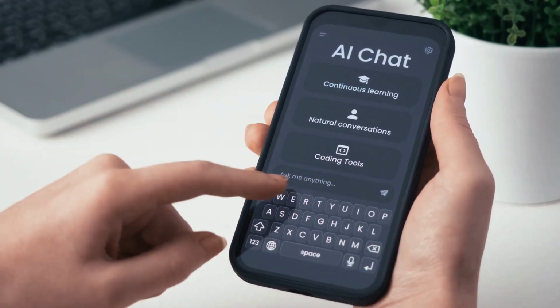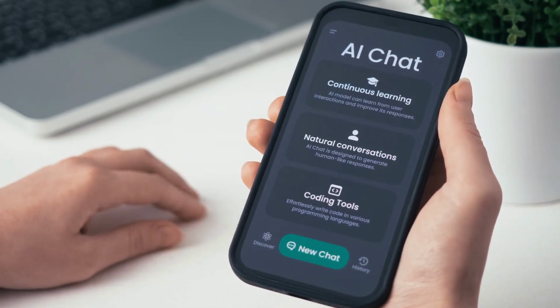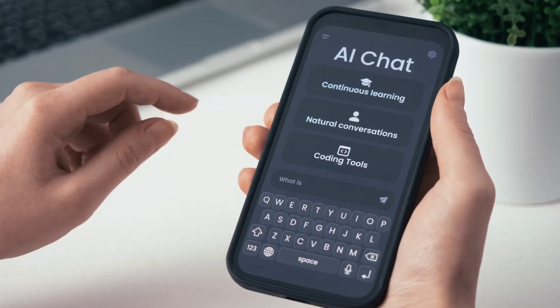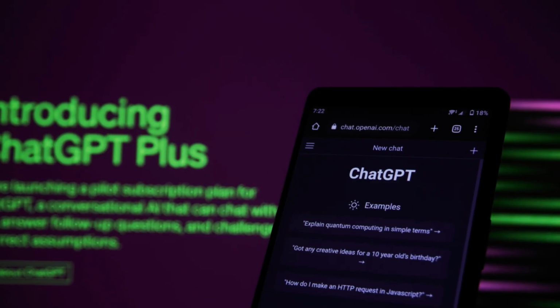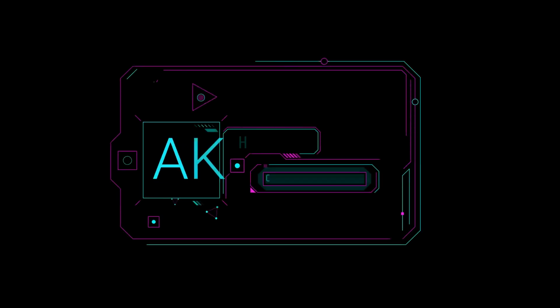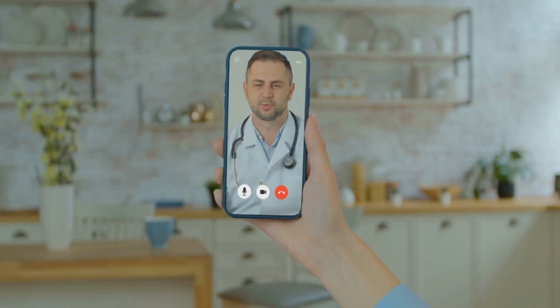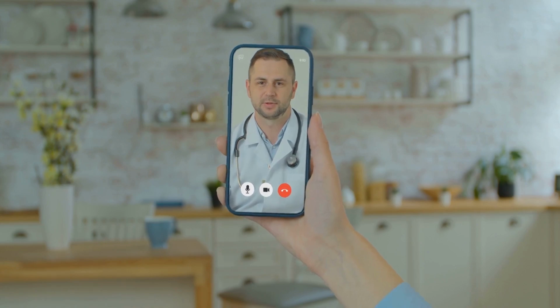Chatbots are computer programs designed to simulate conversation with human users. They are becoming increasingly prevalent in customer service and as personal assistants. When it comes to the role of chatbots, they are quite versatile. In customer support, they handle inquiries and provide quick responses. In healthcare, they assist with patient queries and offer wellness advice.